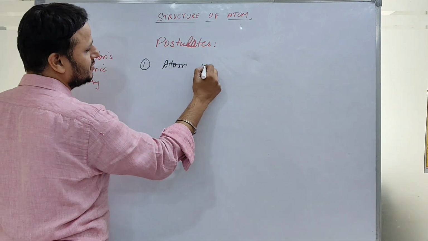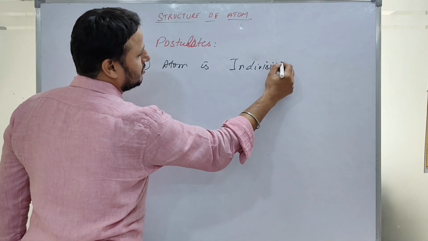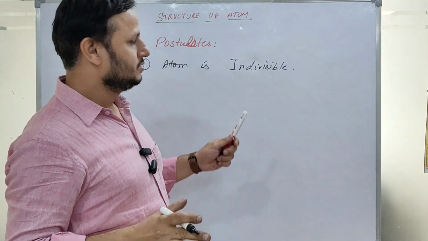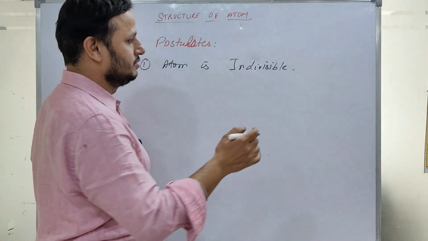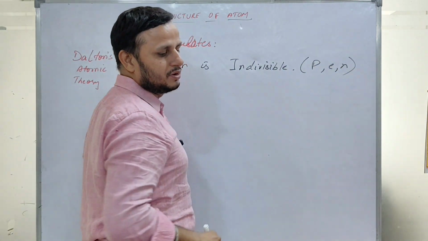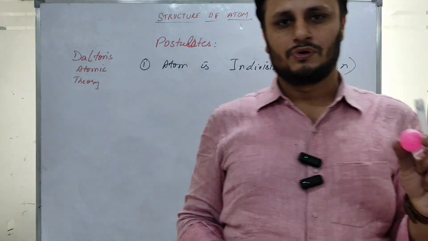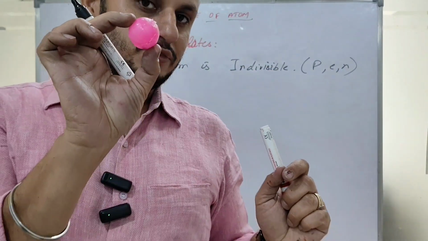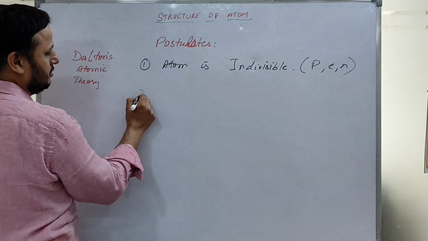most important is atom is indivisible. Each and every postulate of Dalton was failed. Atom is indivisible. But we know now atom contains subatomic particles, proton, electron, and neutron. So according to Dalton, the smallest unit is indivisible. Then the second,